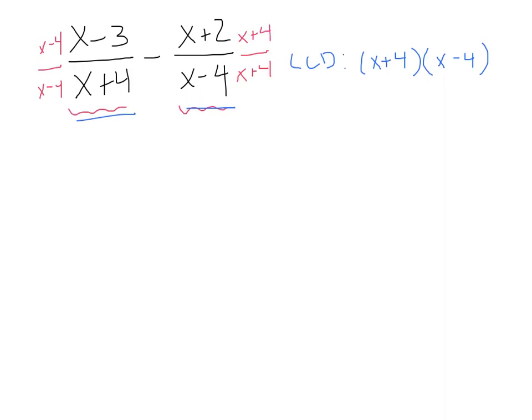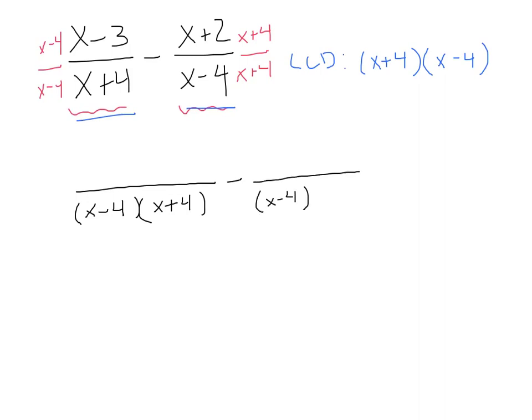So when I actually carry out this multiplication, I know that my denominator is going to be x minus 4 and x plus 4 in both fractions. Leaving it in factored form because, again, this is how we're going to want to leave our answer. In the numerators, though, since we will combine them, I'm going to distribute. If it's okay with you guys, I'm just going to distribute right away. So I have x minus 4